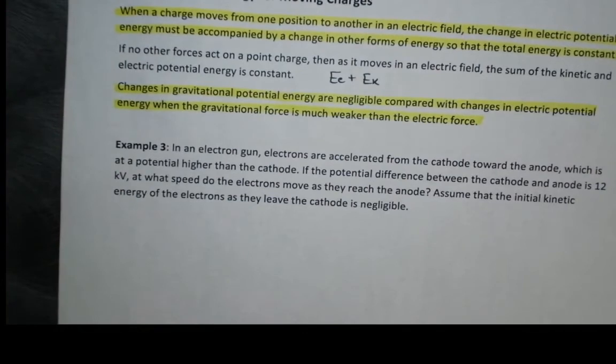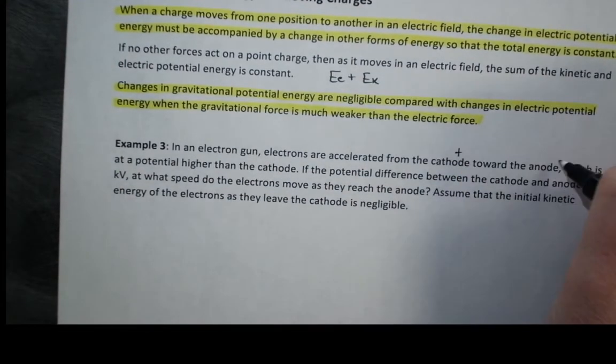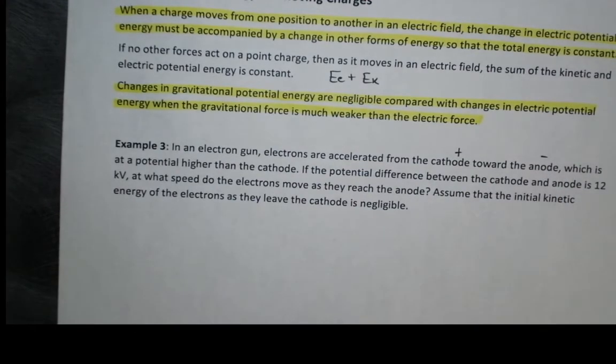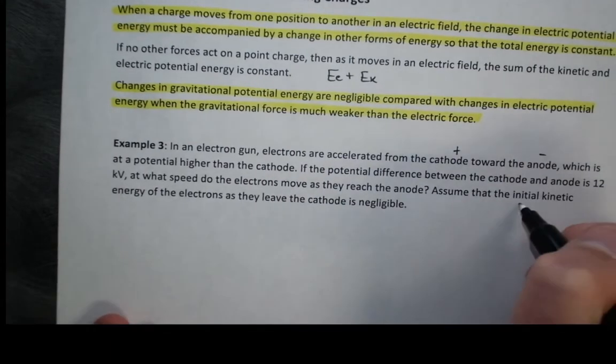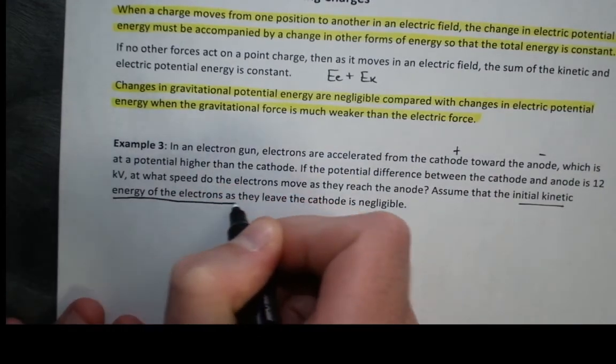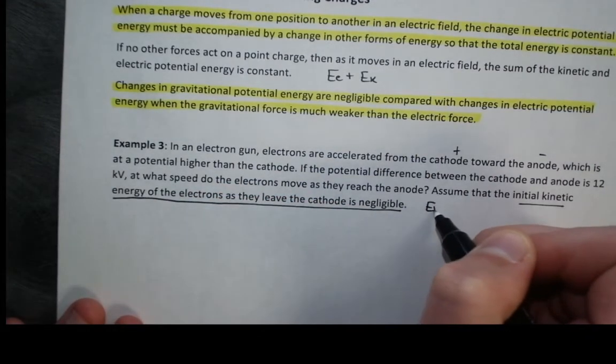All right, in an electron gun, electrons are accelerated from the cathode to the anode, which is at a higher potential than the cathode. If the potential difference is 12 kilovolts, at what speed do the electrons move as they reach the anode? Assume that the initial kinetic energy of the electrons is negligible. That means